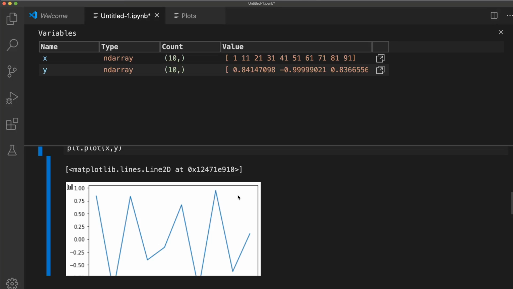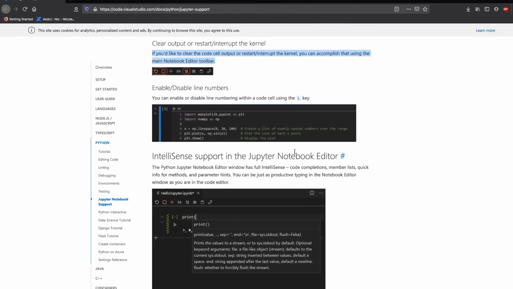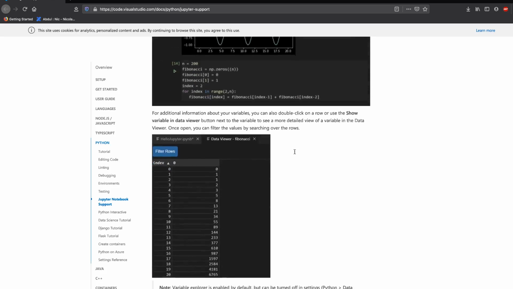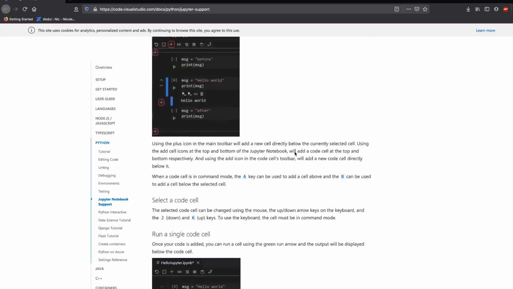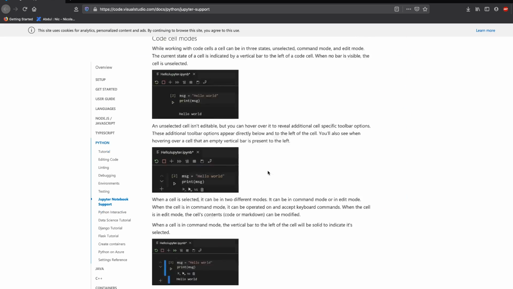So this Jupyter notebook facility within VS Code is very handy, especially if you like to prototype using Jupyter notebook and also write production-level code using your .py Python script. For more details, I'll link this particular link within the description. This is quite handy for you to see what other features you have, and it tells you how to do the same thing that we just saw in the video, as a blog post.